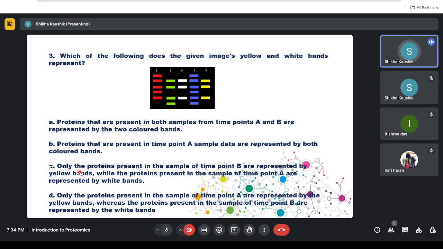So basically, they're talking about the yellow and white band, which are the additive effect of these dyes. Okay, so they are the pooled sample. So the answer, I have already given you, it should be A. Yeah, it has both the samples of time point A and B represented by the two